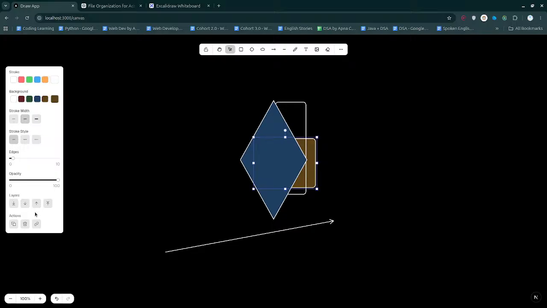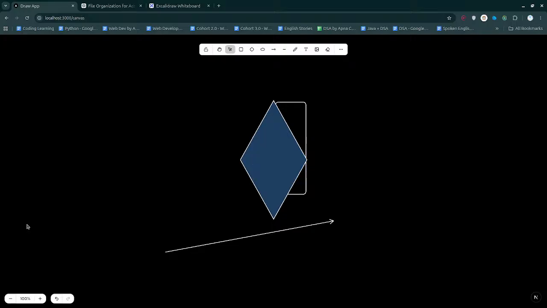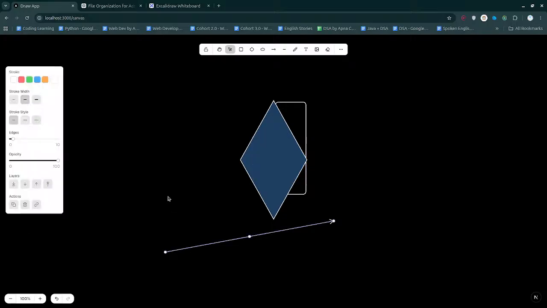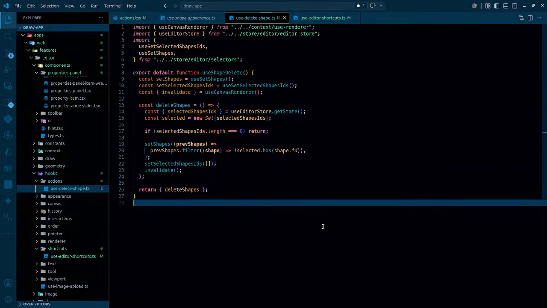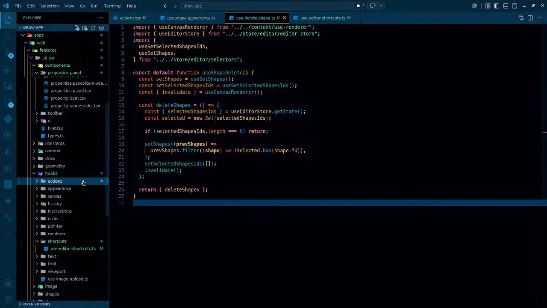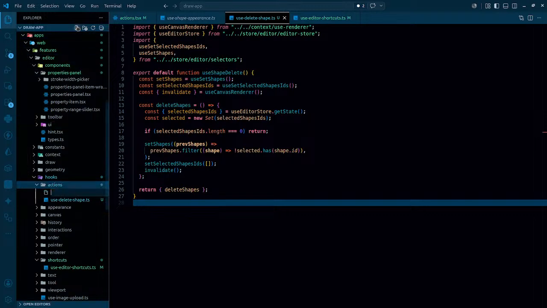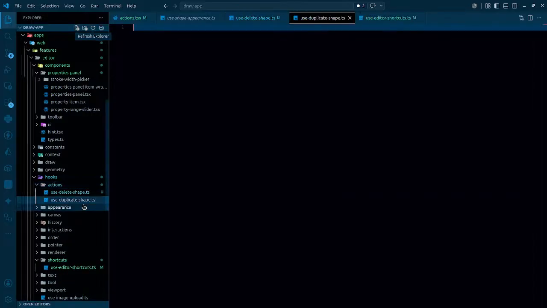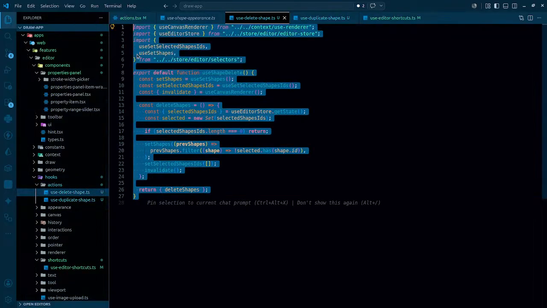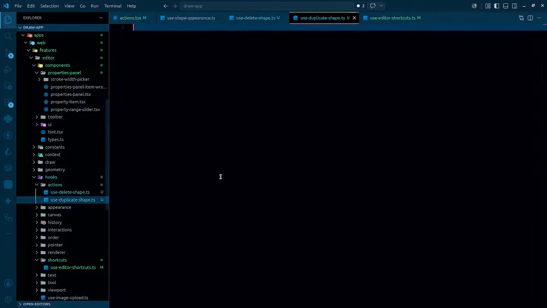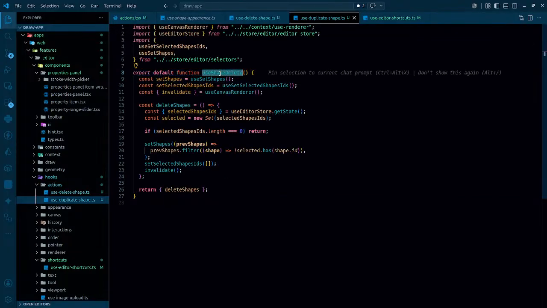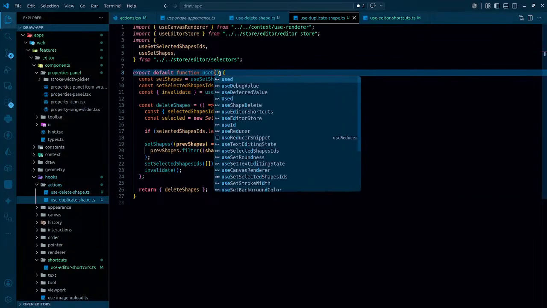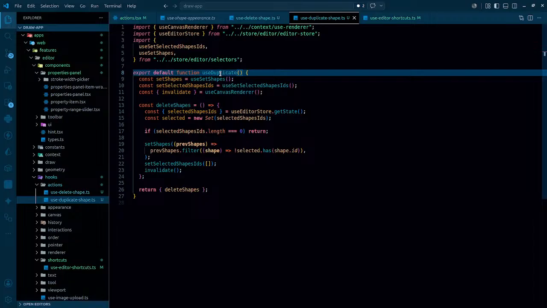So this particular thing works, and at the end of the day I can delete that. Great. So this particular thing is working. Apart from this, the next one is the use... let's get another action. That's gonna be use duplicate shape.ts. So we have to duplicate the shape. Let's copy the things, if they can actually be used in here, we'll see. So this is gonna be use duplicate shapes,